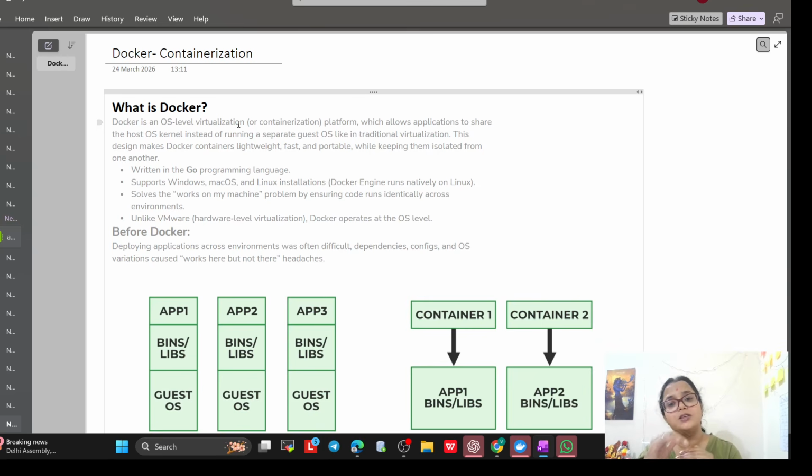Creating a logical object version in place of actual object version, and that only we will call a containerization platform, which will allow applications to share the host kernel instead of running a separate guest OS like traditional virtualization. So this design makes Docker containers lightweight, fast, portable while keeping them isolated from one another.